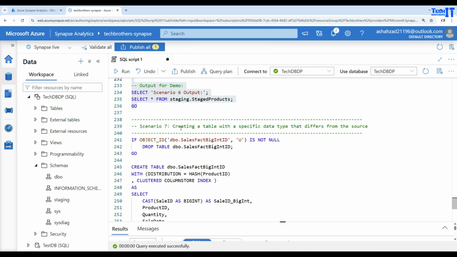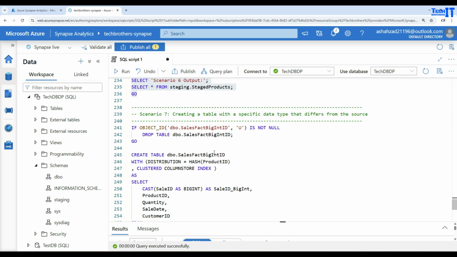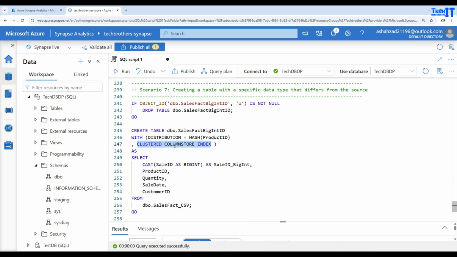Now if you want to create a table with a specific data type that differs from the source, that's also possible. You will say create table, whatever the name of the table, with distribution, let's say hash in this case, and product ID. And here I have also added the clustered columnstore index. So I was telling you, you don't only have to have distribution, you can also add the index as well. So here I'm just going with the clustered columnstore index on the new table, and then I'm selecting